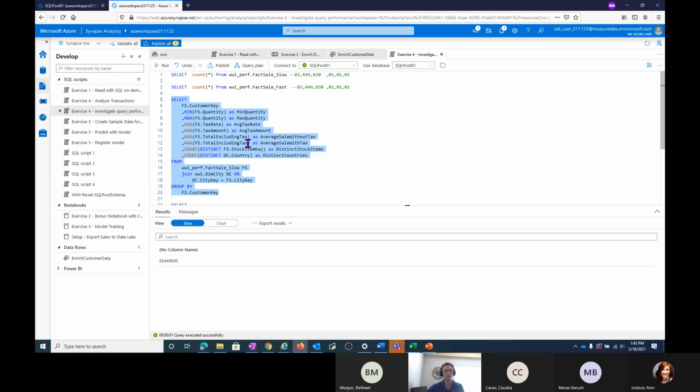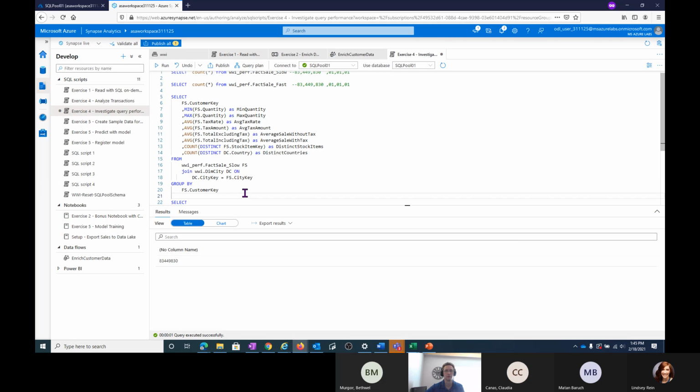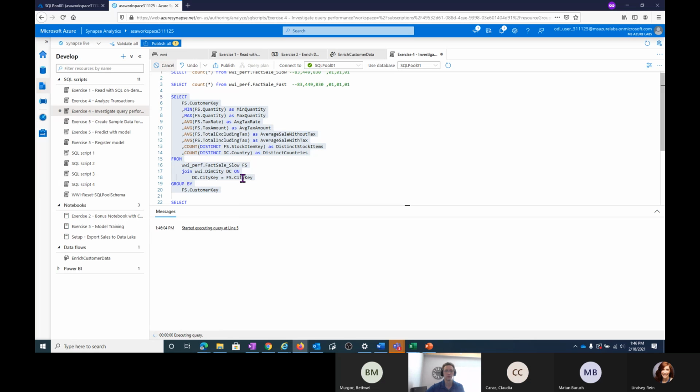dimension, so that we can get dimension information from the dim city country to put into distinct countries that go along with this fact table. So rather large join here, 83 million rows. So run it once. One thing to note is that in the SQL pool for Synapse, there is implicit massive